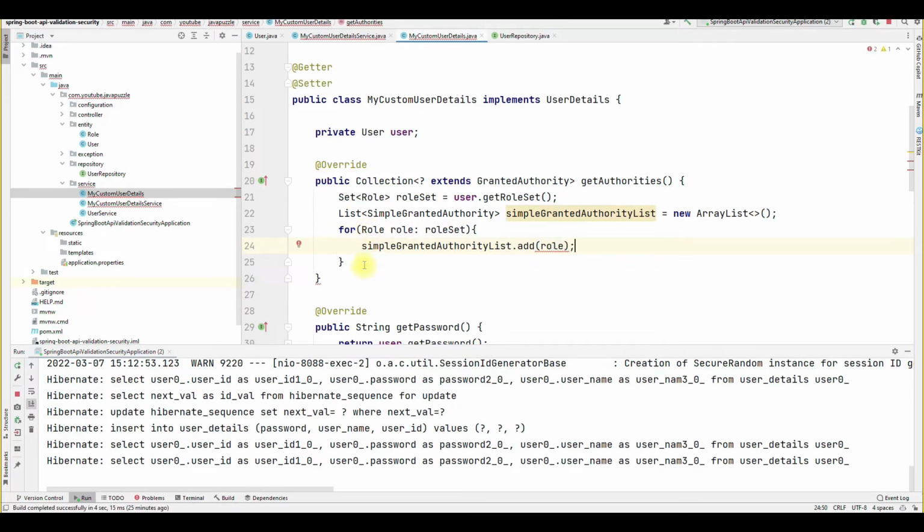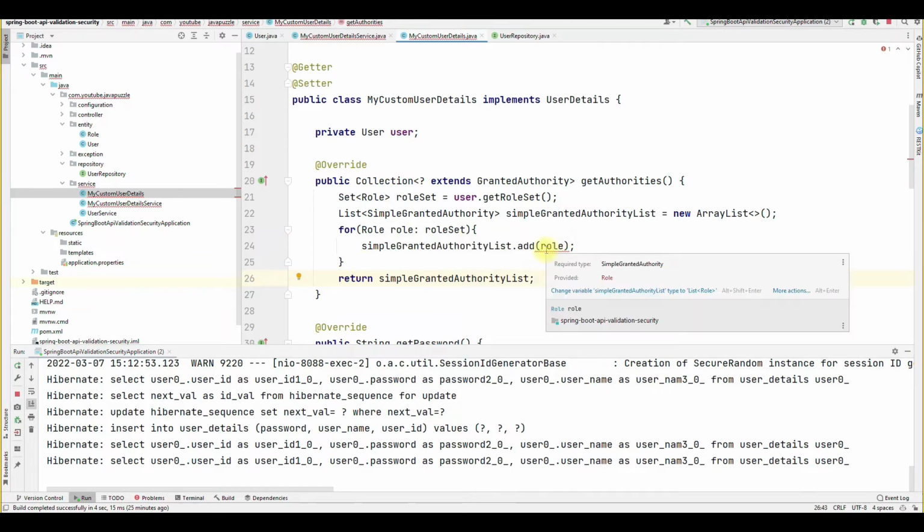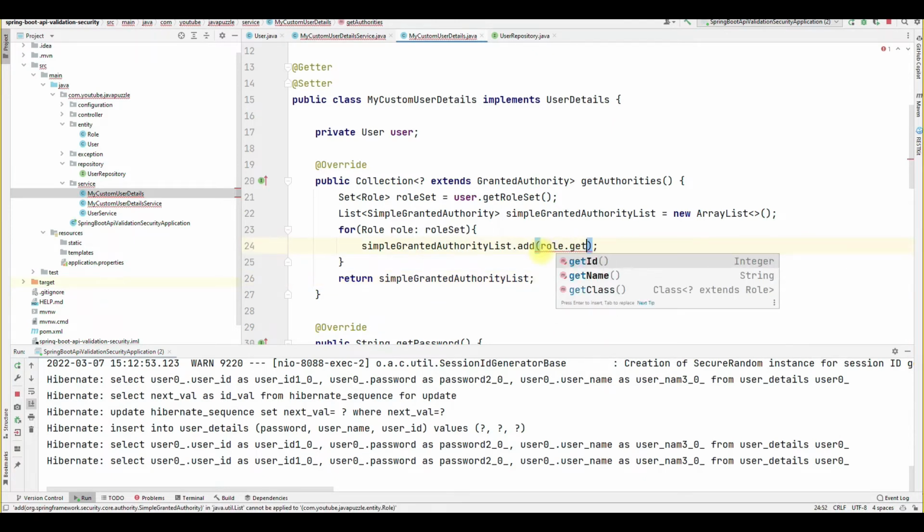Okay, and just return this object, simple granted authority list. Sorry, role.getName.